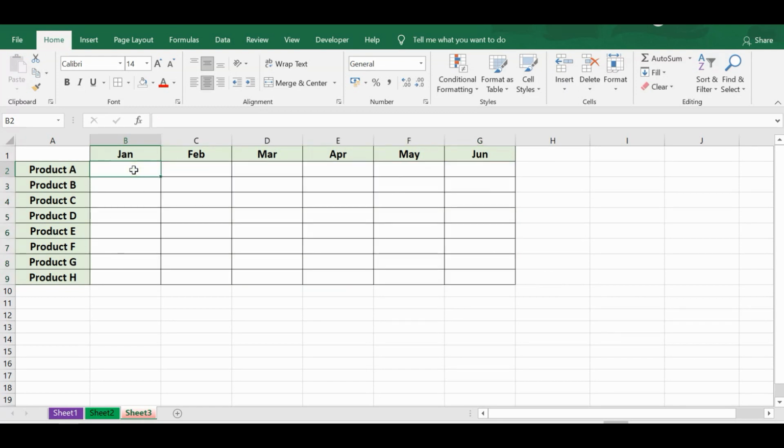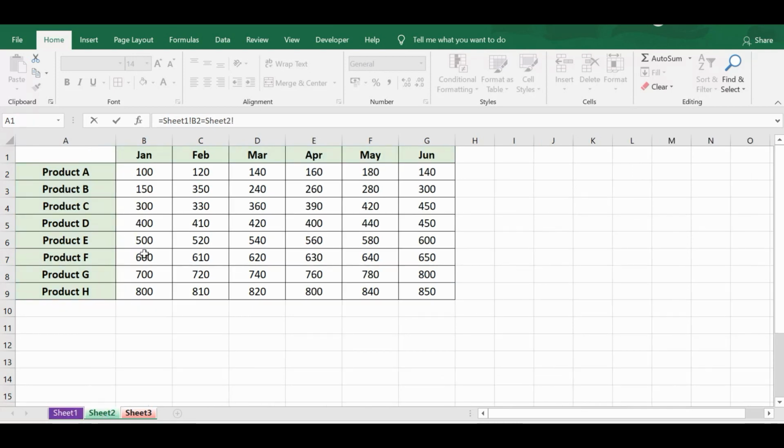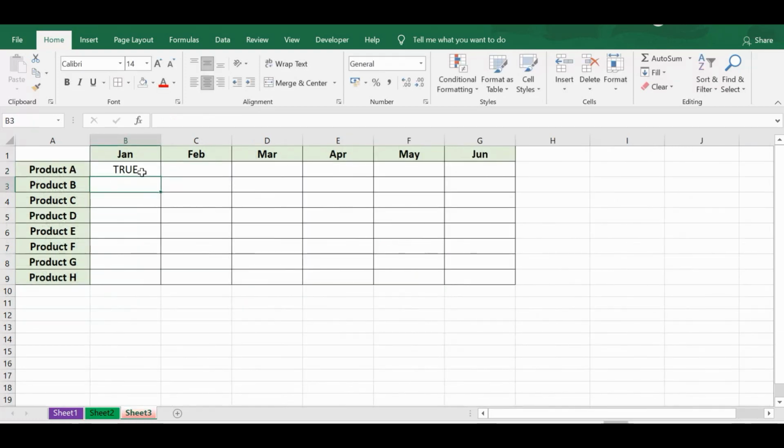So the simple formula is, I will use an equal to sign, and then I will go to sheet 1, select the cell B2, then one more equal to sign, and then I'll go to sheet 2, and select the same cell, B2. I'll press enter.